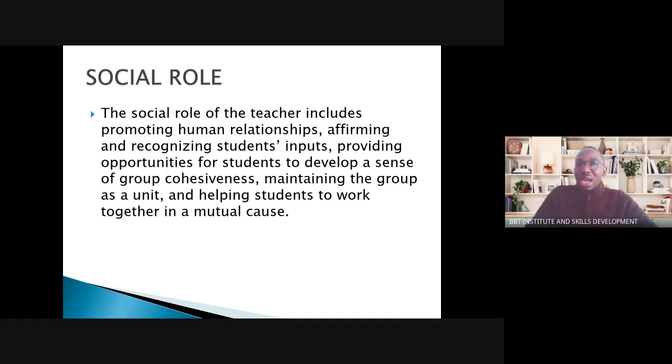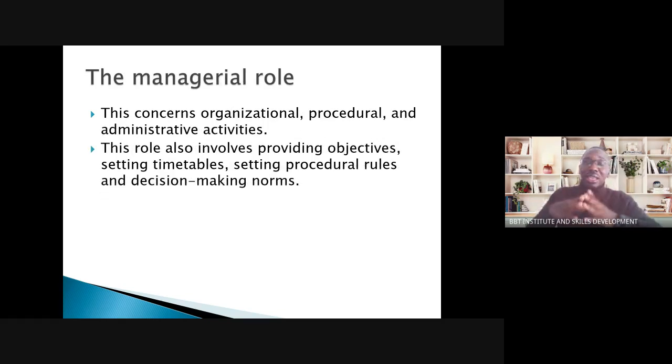There's no other way that I can explain that. It's the simplest way, right? The presentation notes will drive you through so much: mutual understanding, working as a group, maintaining group dynamics. All that is part of the social context as a social activity for a facilitator. Whereas in the managerial, you must be able to be organized. Any facilitation can only be done when one is organized. You can never be a successful facilitator if you are lacking the part of being an organized individual.